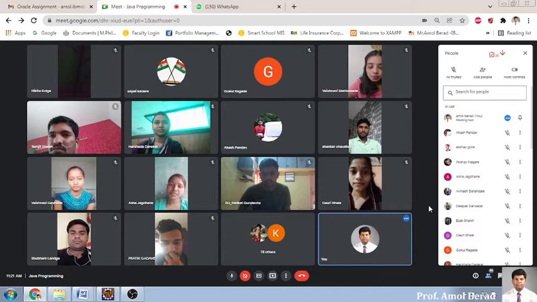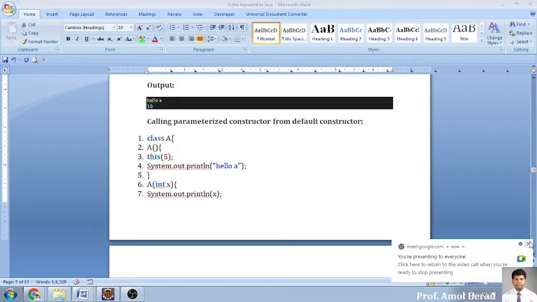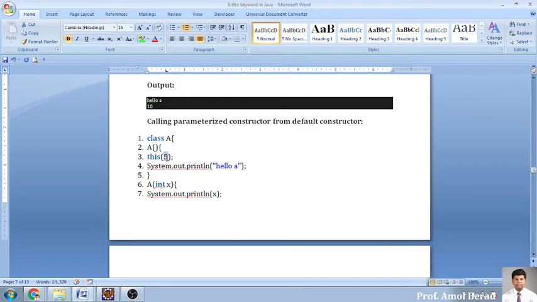Okay, now the second thing is that this is what we call calling a parameterized constructor from the default constructor. So same example, next example. In this example we have not passed anything into this keyword. Can we pass a parameter, or can we pass a value which we have received from X? Yes, we can do this. In this example you will see we have created a class A, and this class A will be having this 5. So what does this 5 mean? It is containing some value, and that value will be displayed in A.